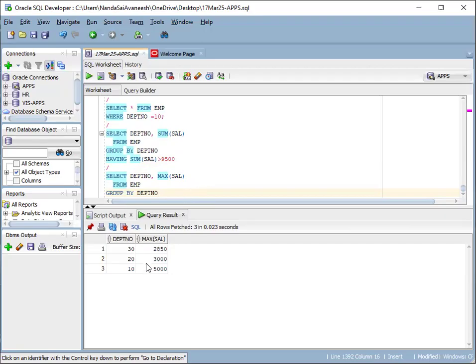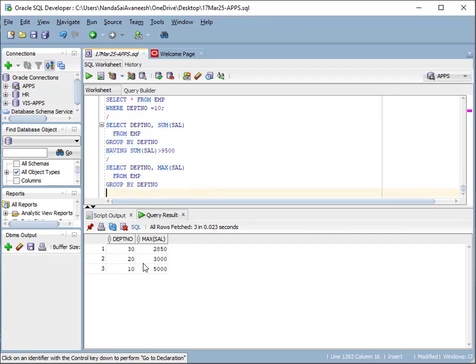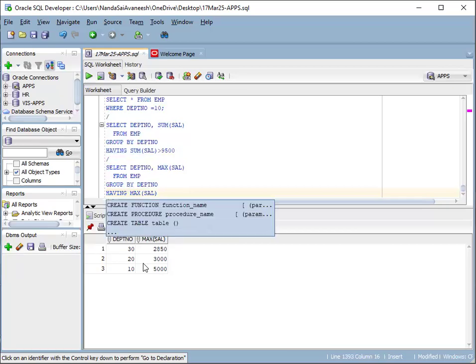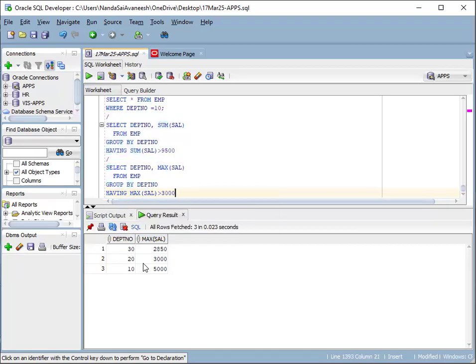Now if I want the information within this only if it is more than 3,000, how will you do this? You cannot use the WHERE clause condition here. Then you have to use HAVING max of salary greater than 3,000. Then we are getting only department number 10 and its max salary here. Suppose if you say minimum salary here,